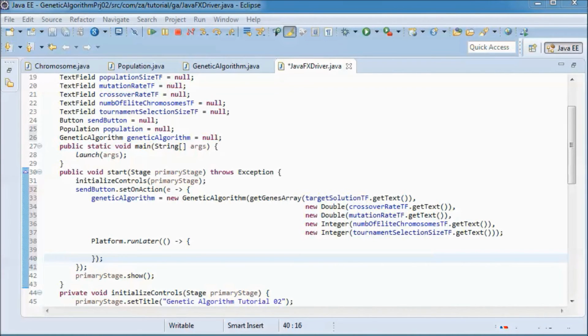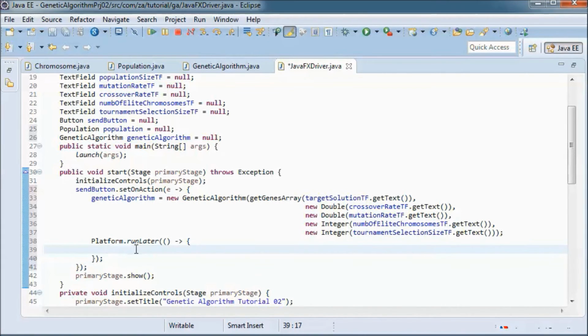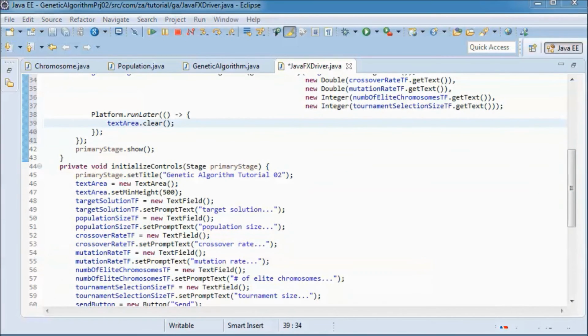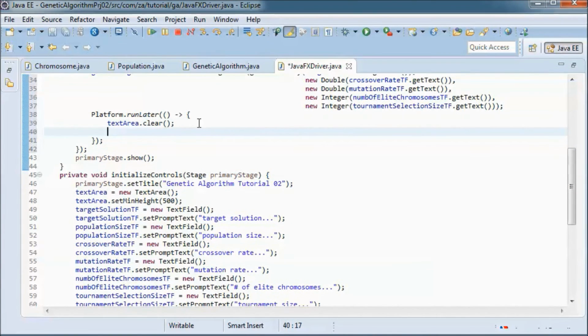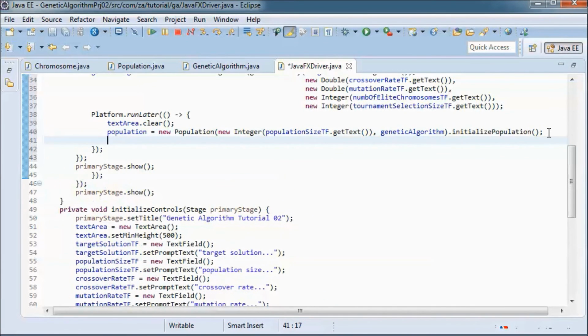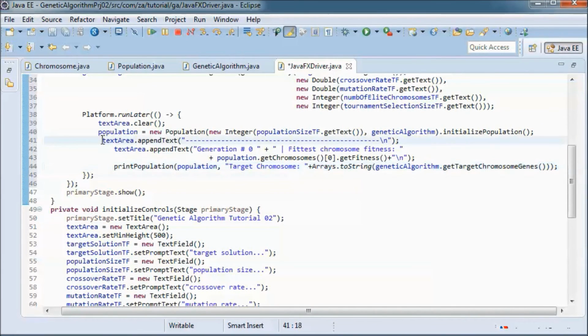In order to update the GUI from a non-GUI thread, this would put the update in a queue and it will be handled by the UI thread as soon as possible. So I will first clear the text area, and then initialize the population and append the generation 0 information to the text area.